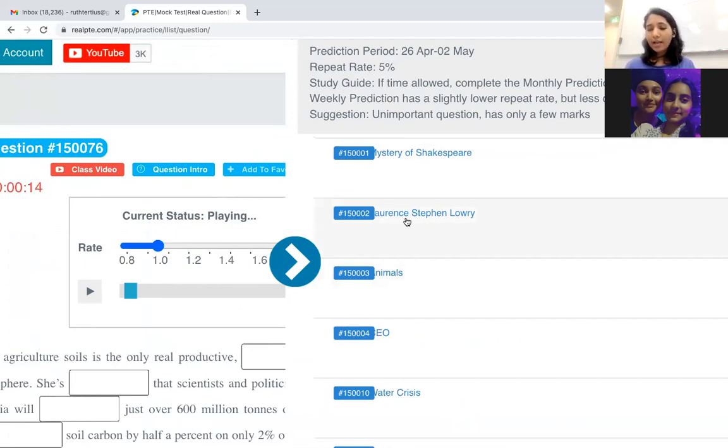Eyes on the screen, hands on the paper. And when you listen to the missing word, without taking your eyes off, write it one below the other. The count of 3, 1, 2, 3, and